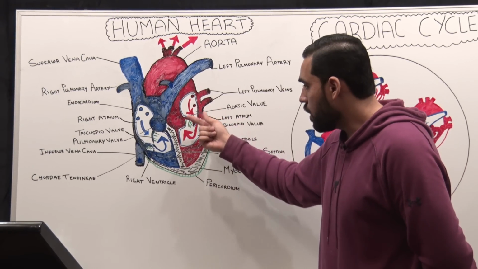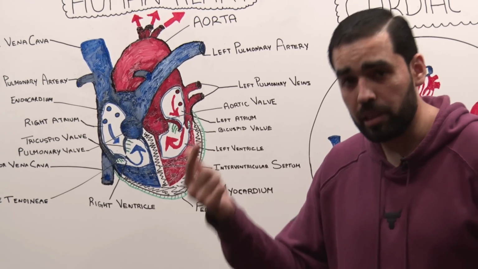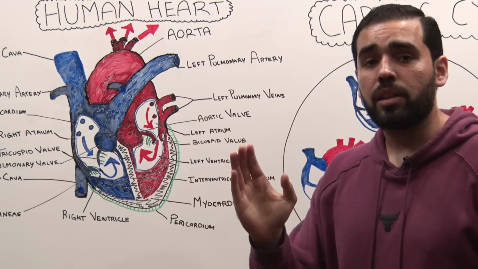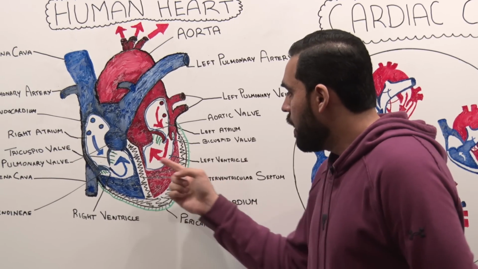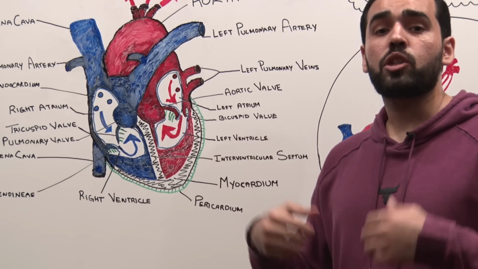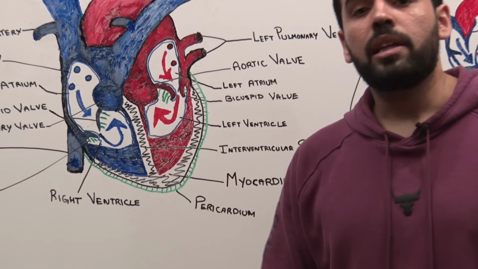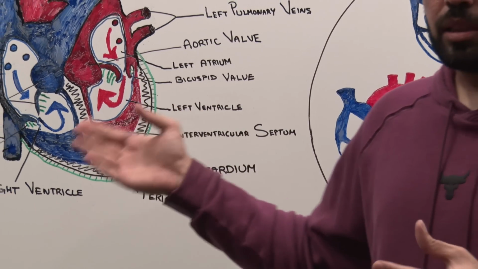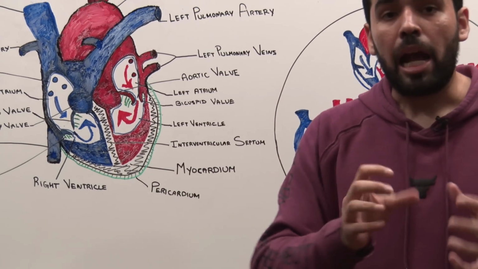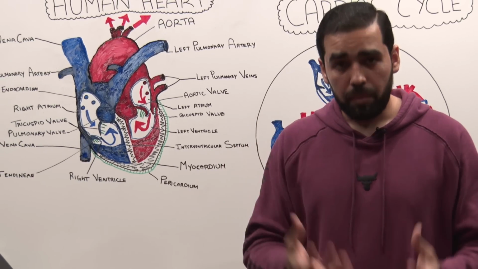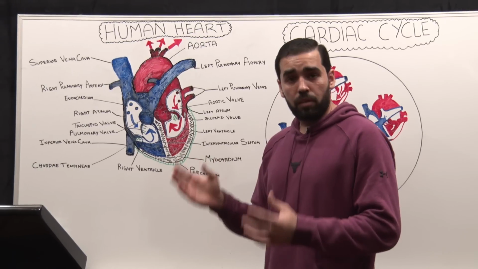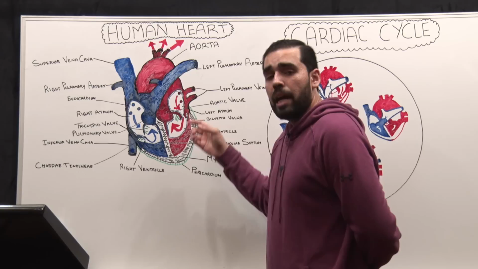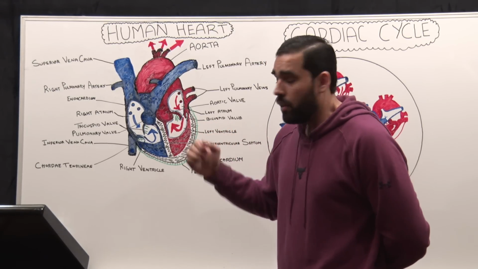Let's review quickly. The endocardium is the innermost layer made up of smooth squamous epithelial cells to prevent turbulence and to make sure that there is smooth blood flow through the heart. Then we have the myocardium, which is a striated muscle. What are striated muscles? They are elongated fibers made up of bands that, in the cardiac muscle, are twisting and turning and contracting in the most optimum way to direct the blood flow in the proper direction. And to prevent the overexpansion of the heart and to provide protection to the heart, we have the pericardium.